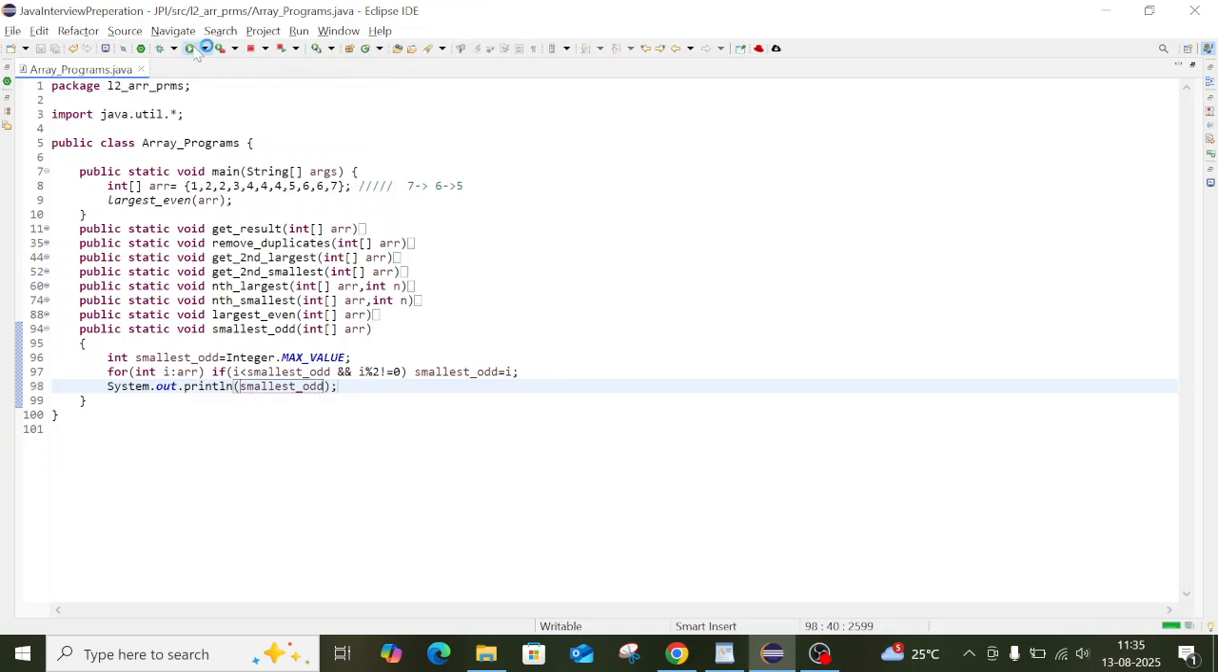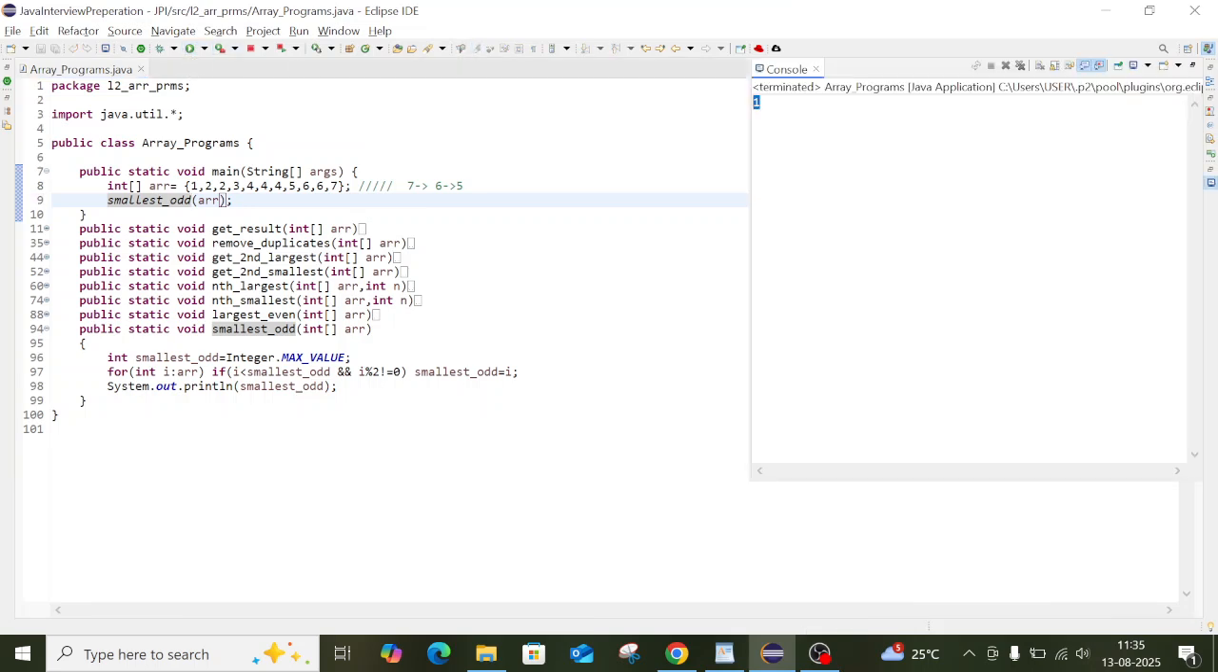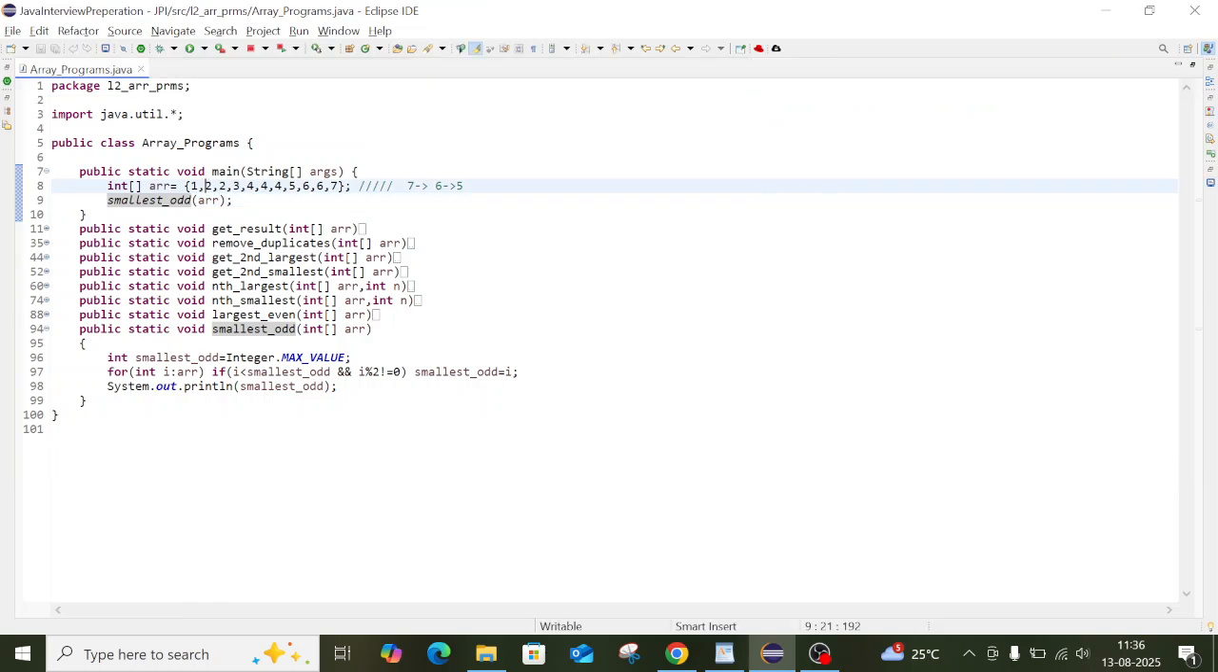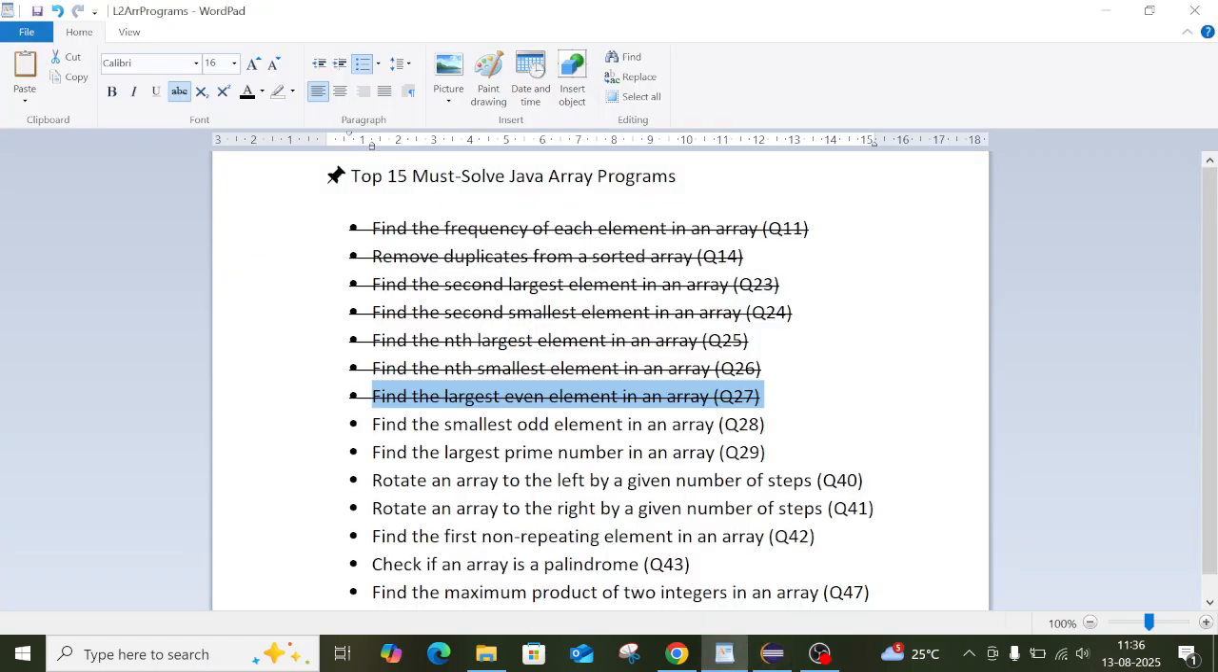Let's run that. Oh, we are not calling it, right? So smallest odd, yeah, 1, getting the correct output. So let's look at the next one,